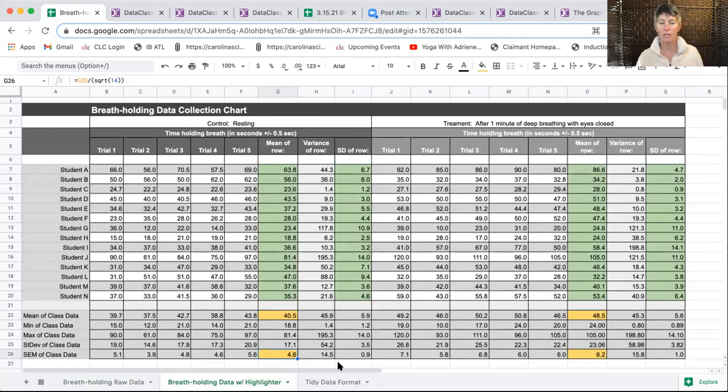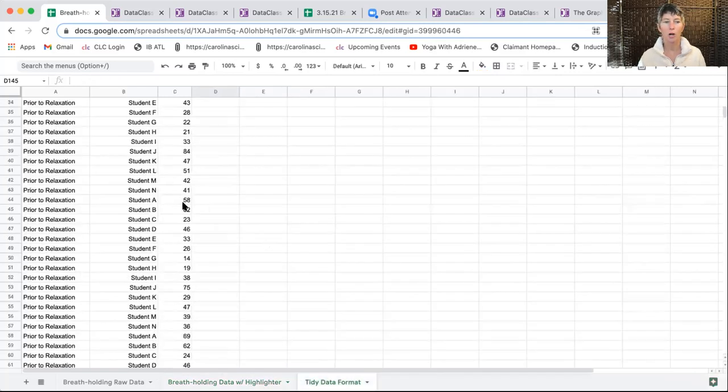So when we take this data set, I actually put it into tidy data format first. And what that means is I took the trial for student A before they did the treatment, and the trial for student B before they did the treatment, and so on, and put that into just columns of data. So they have prior to relaxation, and then after relaxation. And each of these students, A, B, C, D, has their trials listed in seconds in a third column. So we have 3 columns: the treatment, the student or the subject, and then the number of seconds of breath